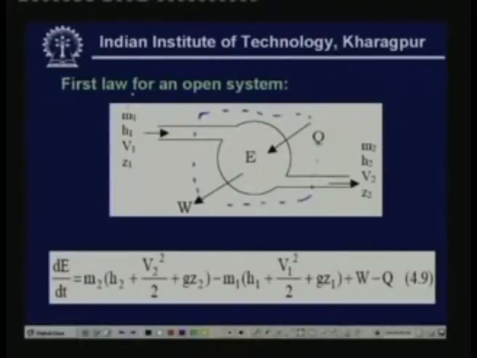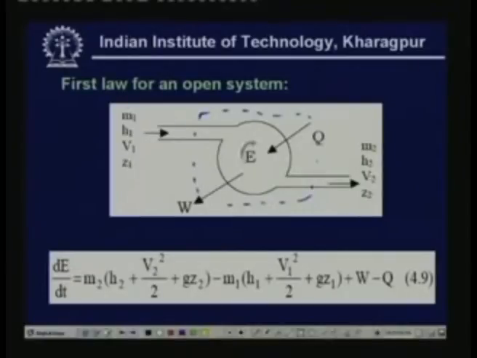That means the fluid is entering at a rate of m1, and at the inlet it has an enthalpy of h1 and its velocity is V1, and its height with reference to a datum is z1, and it is leaving the control volume at a mass flow rate of m2 with an enthalpy of h2, a velocity of V2 and a datum head of z2,